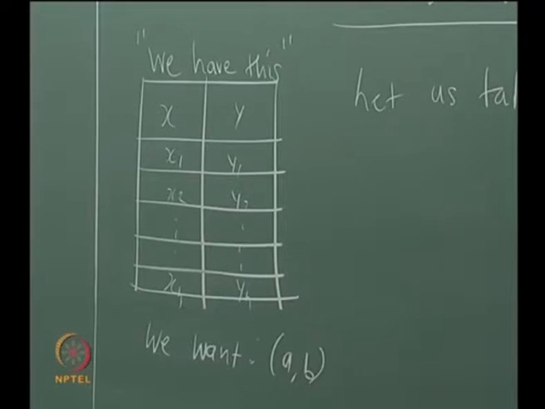What could be these x and y? X could be Reynolds number, y could be skin friction coefficient. It could mean anything. X could be temperature, y could be enthalpy. We are looking at a simple relationship, a simple one variable problem. Now for this we need to determine A and B.